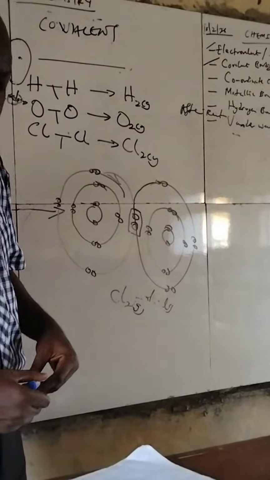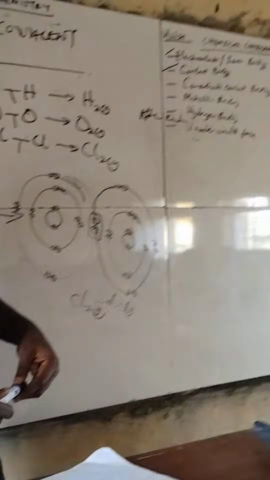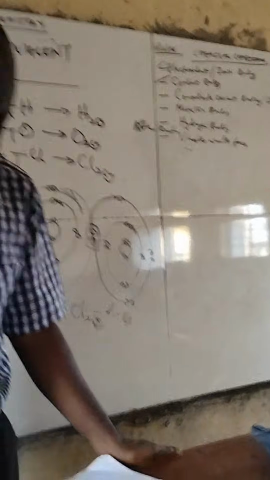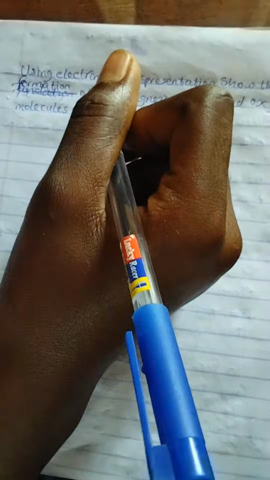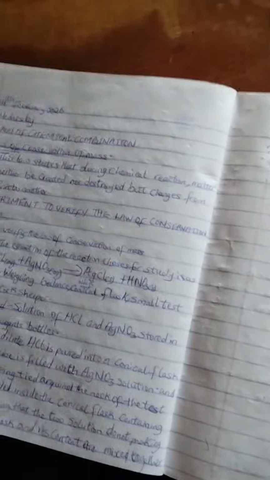Let me give you an assignment. Using electron dot representation, show the formation of magnesium oxide and oxygen molecules. So tomorrow we are going to talk about coordinate covalent, or dative bonding. So you now write your